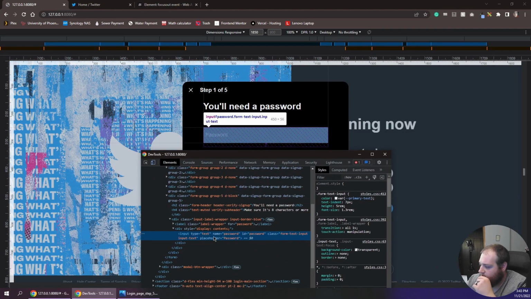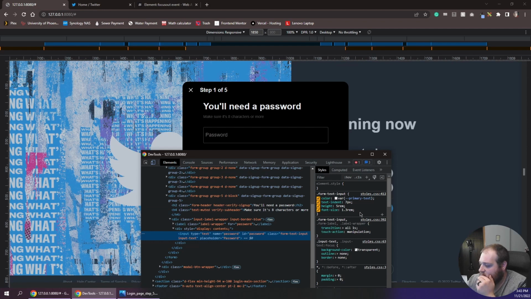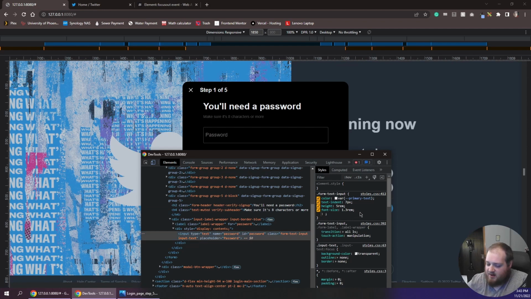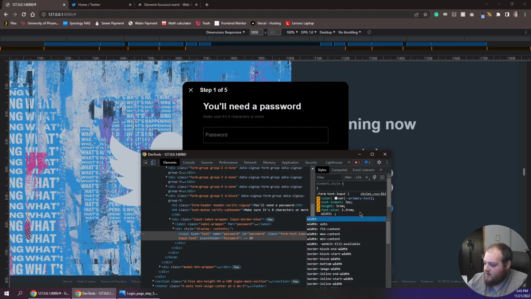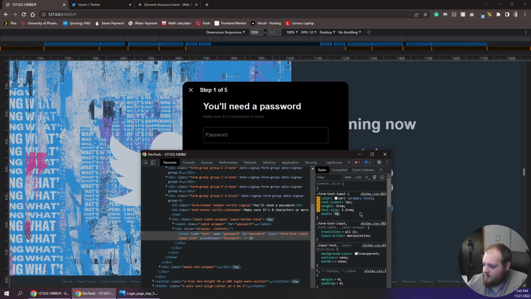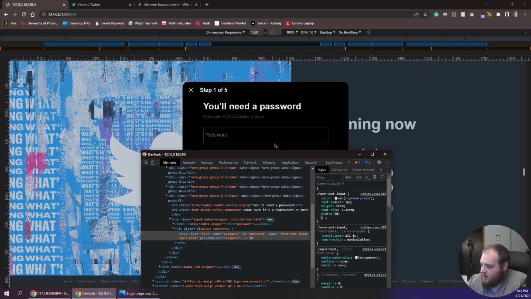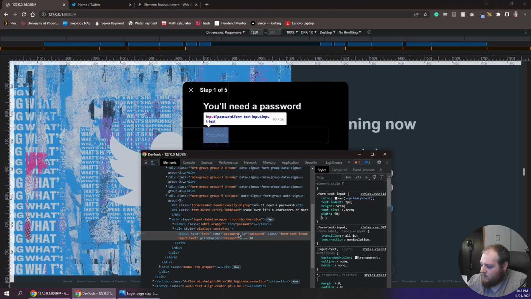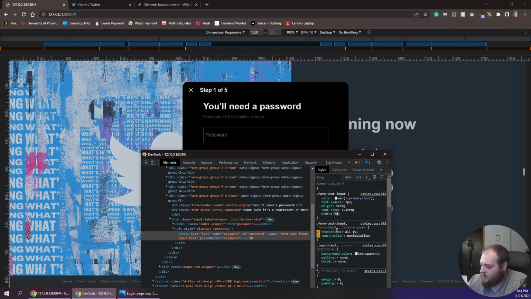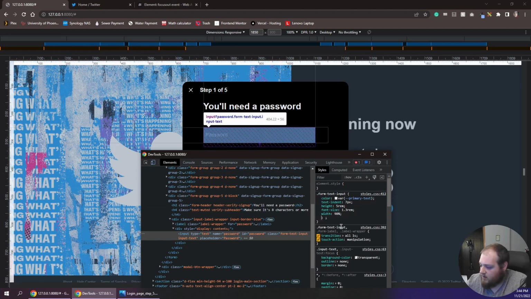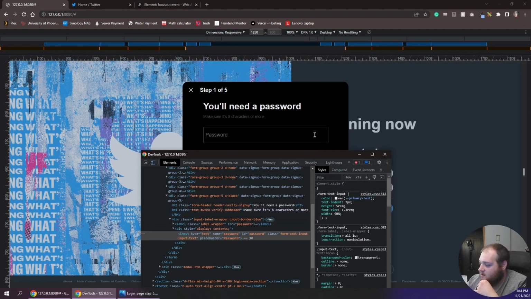Actually, yeah, so that's taking up a width of 100%. Now if I add something to that class, width of 90%, now, wait, what? Oh, 90 needs to be percent. There we go. Now it's only taking up 90% of the width, and in this little portion right here,